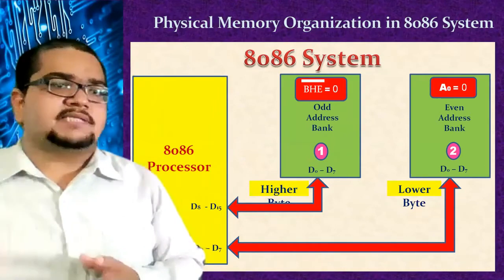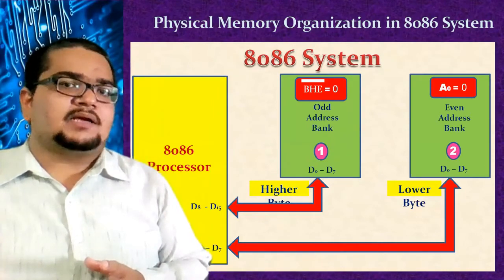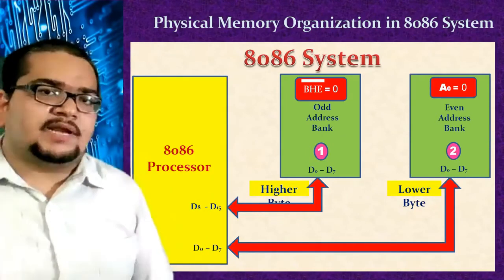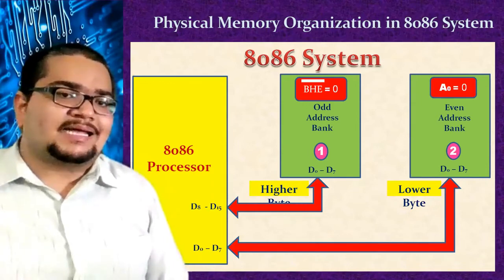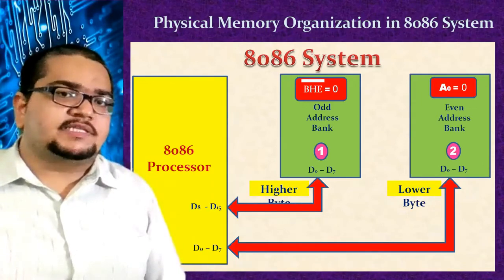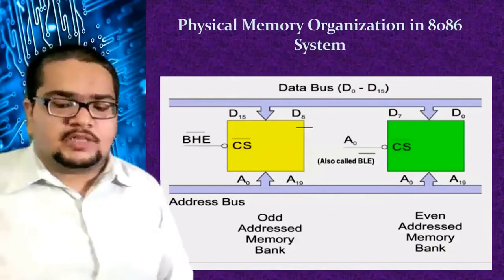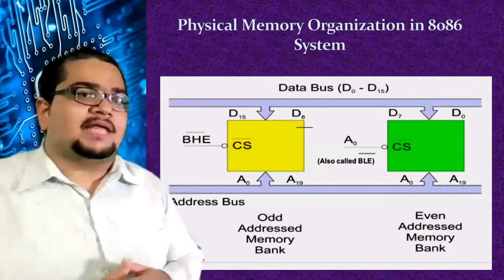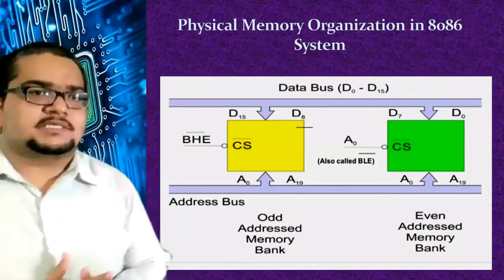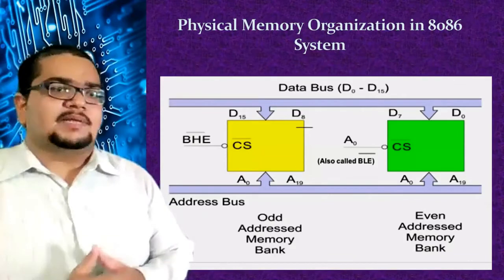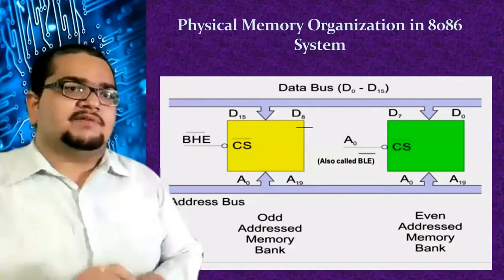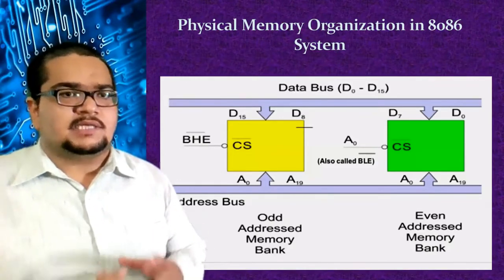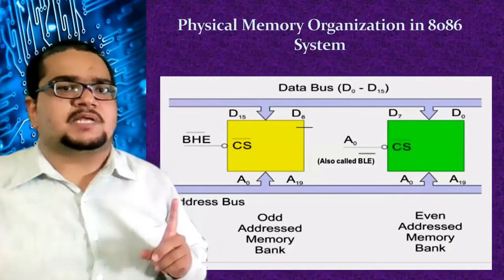Okay, when I say lower bank, it is the even address bank, and when I say higher bank, it is the odd address bank. And for this, BHE bar and A0 are connected to the chip select. You have to see this particular diagram to understand that. All the memory ICs, basically all digital circuit ICs, will have a chip select pin, an enable pin. You might have seen in the multiplexer studied in your previous semester that a multiplexer has an enable pin. When you activate the enable pin, the multiplexer is on, otherwise the multiplexer is not on. In the same way, these memory ICs, RAM or ROM ICs, also have this chip select line.